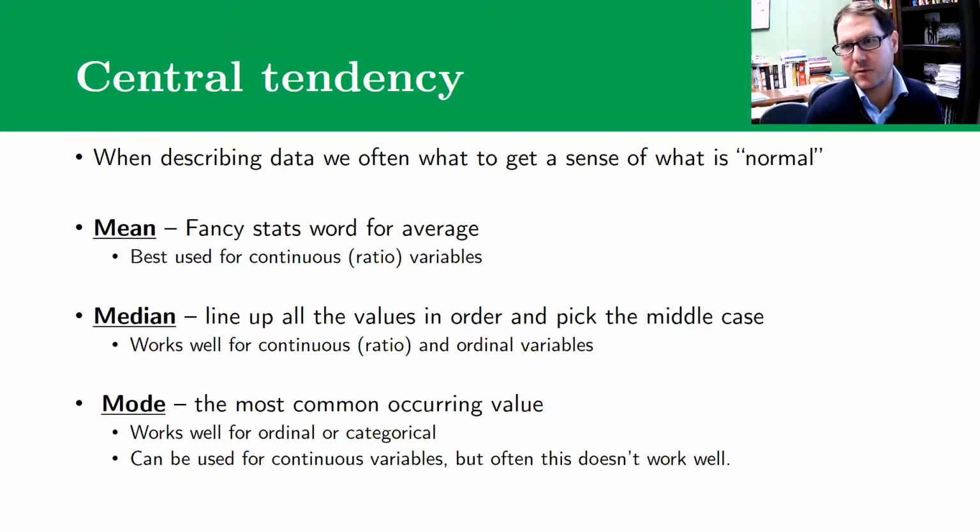And if you're working with categorical variables and data, this is probably the most useful statistic that you have for talking about central tendency. It's just what's the category that has the most cases in it? What's the largest category? I obviously wouldn't recommend using this for a continuous or interval ratio variable. Something like age, knowing what's the most common age isn't necessarily a useful thing to have